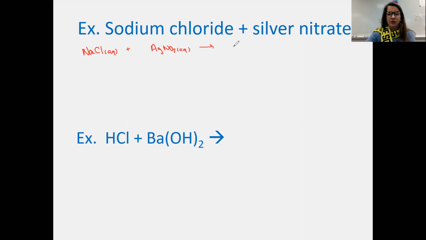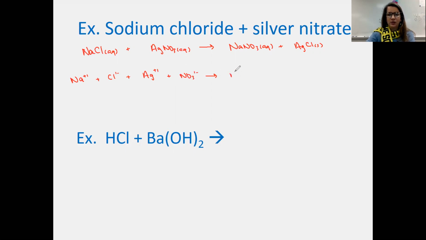So after you get your balanced equation, oops, I had my sodium nitrate first. So after you get your balanced equation, and this one is already balanced, then what we do is we separate everything that can be separated into its ions. So that is all of our aqueous substances. So we have one sodium ion plus one chloride ion plus one silver ion plus one nitrate ion,